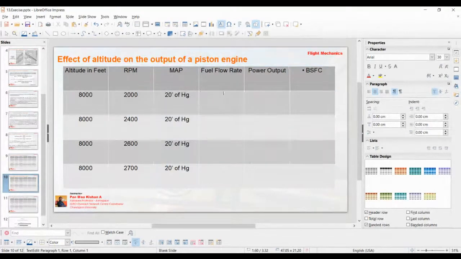So according to that, I will be finding the fuel flow rate and BSFC. Since we don't have time, the values are not yet listed. Based on how much my BSFC is changing, I will choose the one which is giving better performance. I will choose the corresponding RPM and note it down.